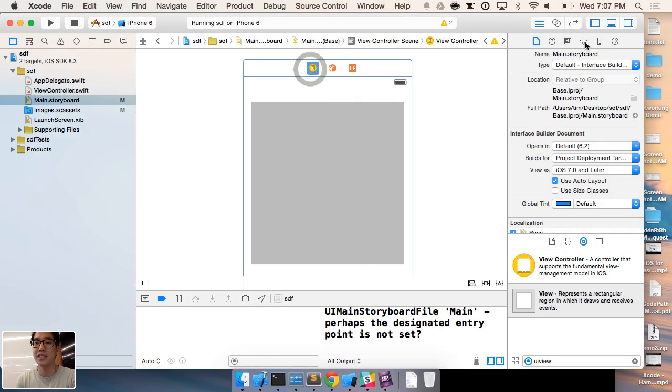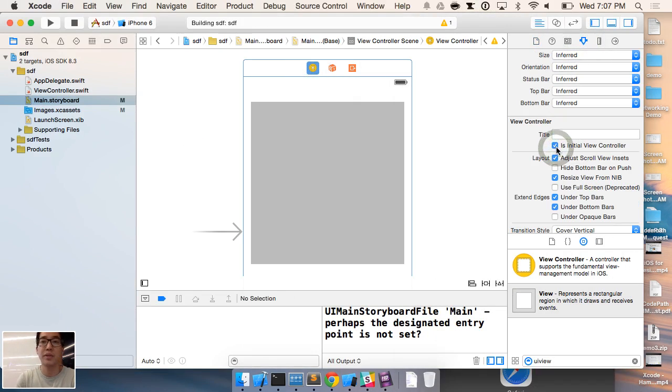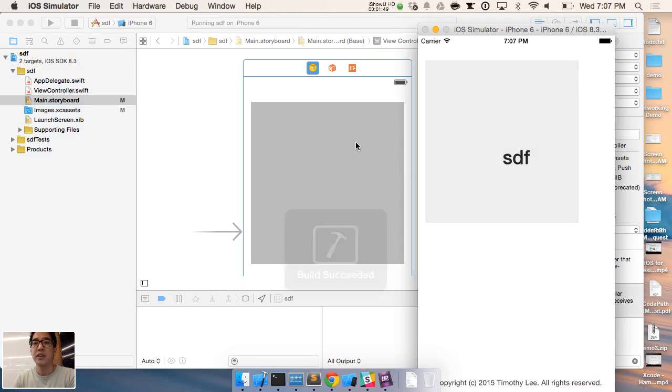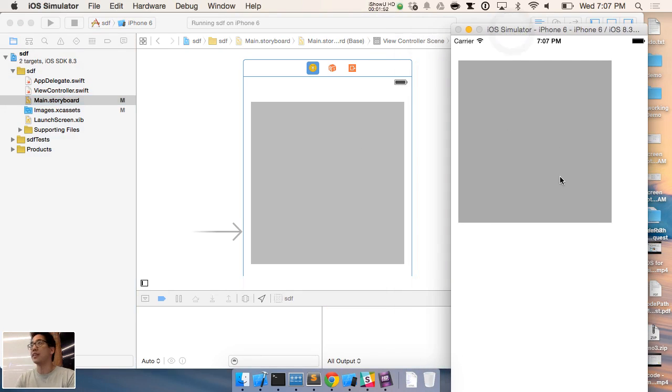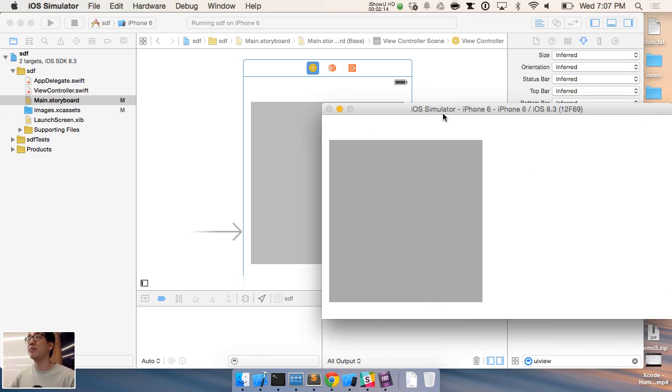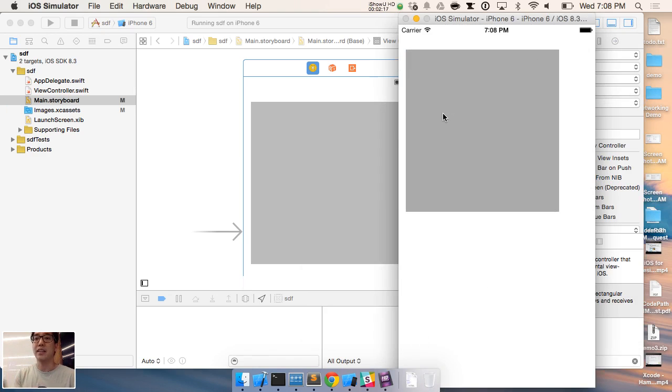So first I forgot to set this as my initial view controller. Let me run that again. So the question to ask yourself, you see here, it's just left in the upper left, right? The question that auto layout answers is, hey, when the size of the phone changes, what do you want to do? There's a bunch of different answers here, right? So in this case, for example, the size of my parent changed. This is another way that my phone could have changed, by flipping it, right? So the question is, what do you want it to do? So for example,